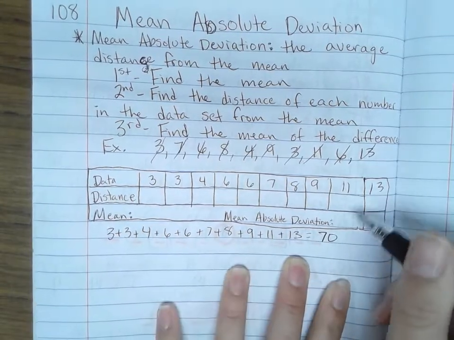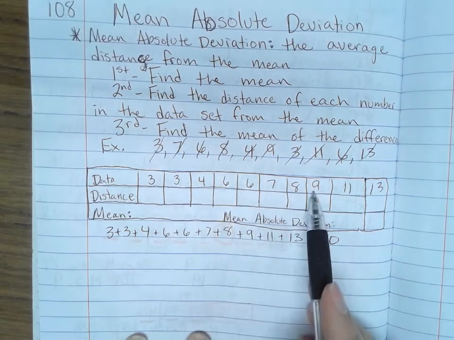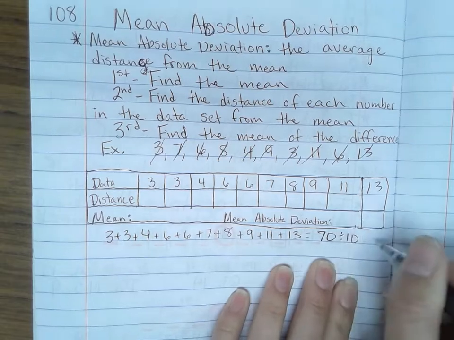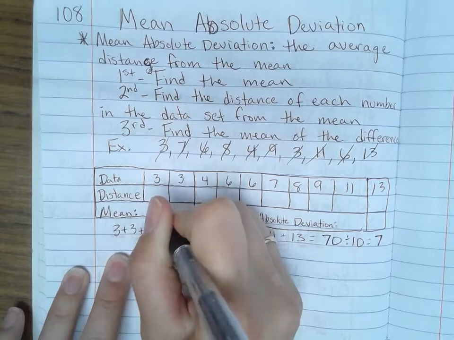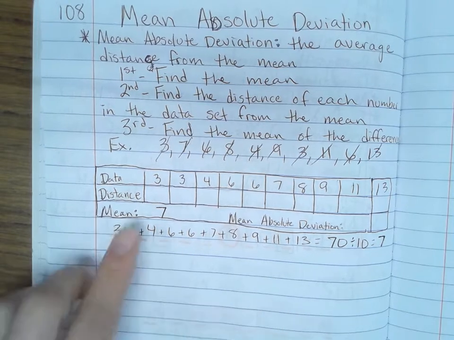Now that we've got 70, let's count how many we have. We have 1, 2, 3, 4, 5, 6, 7, 8, 9, 10 numbers. So divide by 10, and we get a mean of 7. So my mean is 7. That's my average number. Now for mean absolute deviation, we've got to figure out how far every number is